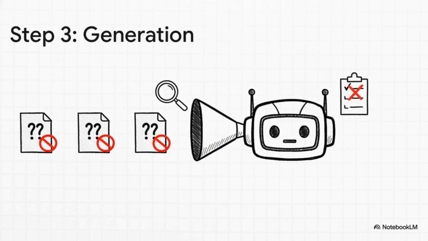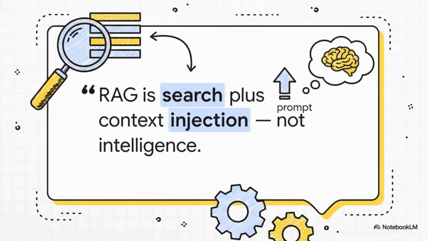So coming to the next and final component, it's generation. The retrieved text strings are stuffed very literally into the model's prompt. So the model sees that text and treats it as ground truth. It doesn't verify it, it doesn't know where it came from, it just assumes it's correct, and then generates an answer based on it.